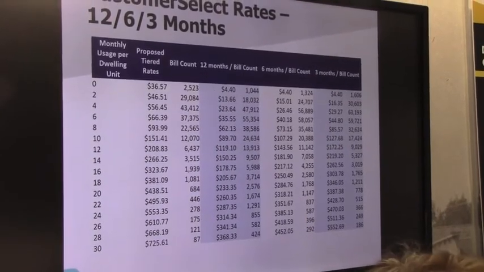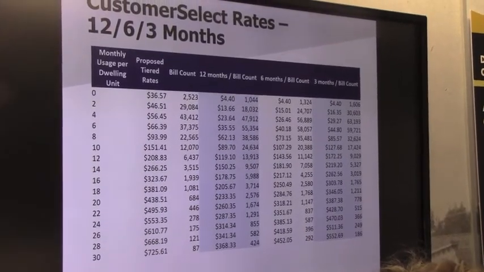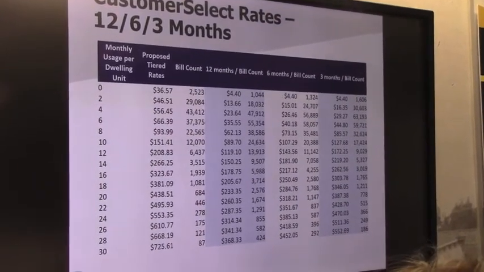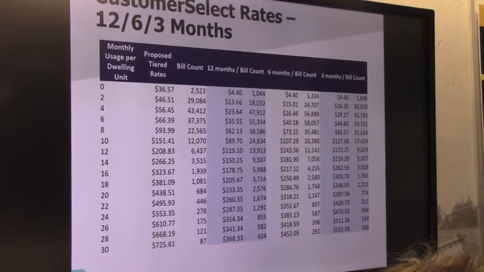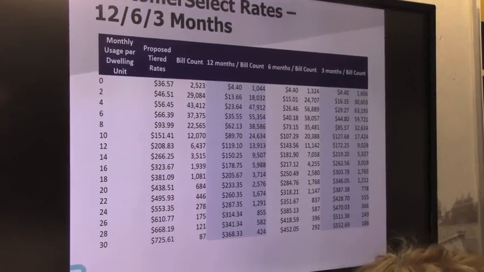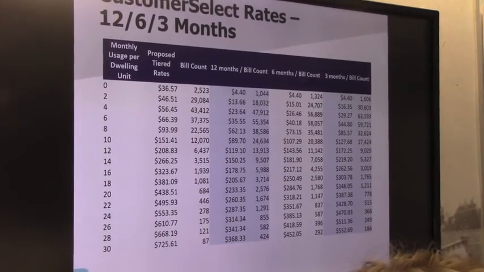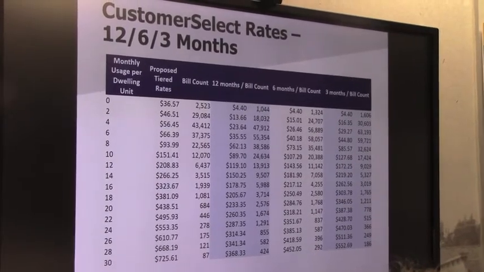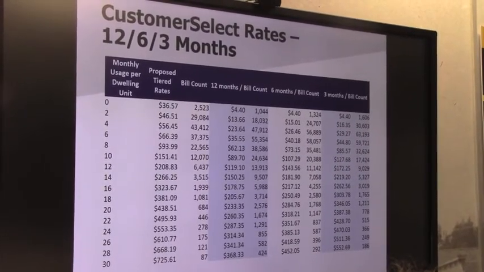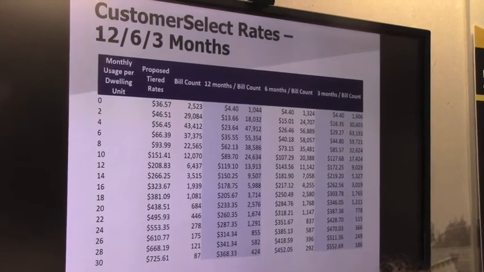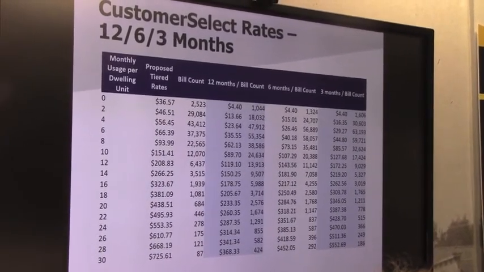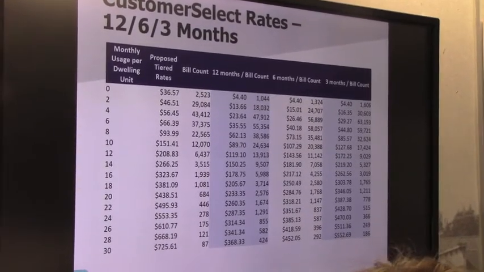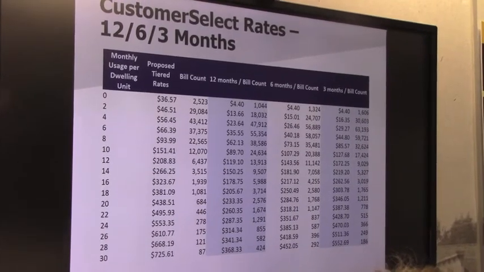I might just be a little bit slow, but I don't see how this is volumetric. Because it changes with volume, it does not change with capacity. Each person's not paying their share of the capacity, the fixed costs. But isn't that built into that? No, not when you're charging $4.40 versus $37. But they're not using any capacity when they're using zero. That's not true. You're paying for the capacity that you could theoretically use, not what you're actually using. You have to pay a fixed meter charge for the system. Not using versus what's available are two different questions.